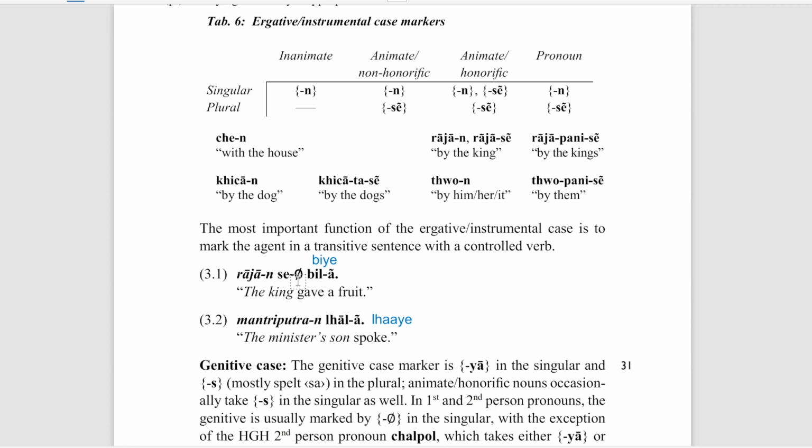Is it just Sanskrit words, or also native word compound nouns? Good question. Let me think about it. If I encounter any. Yeah, I don't think I have any examples now of native words compounded in such a way. But this word is definitely very Sanskrit. Mandri Putra, the entire word is just Sanskrit.